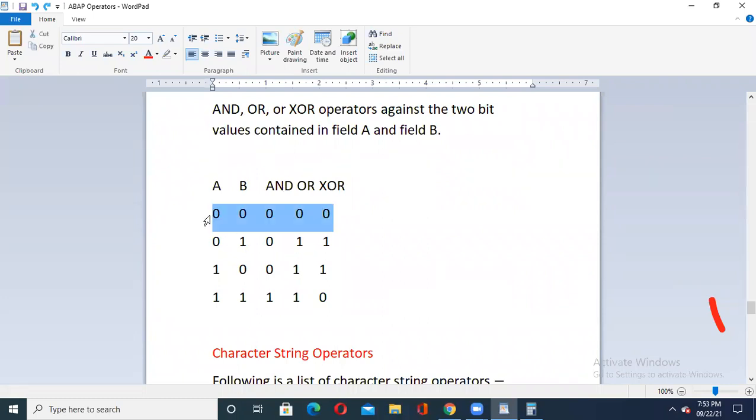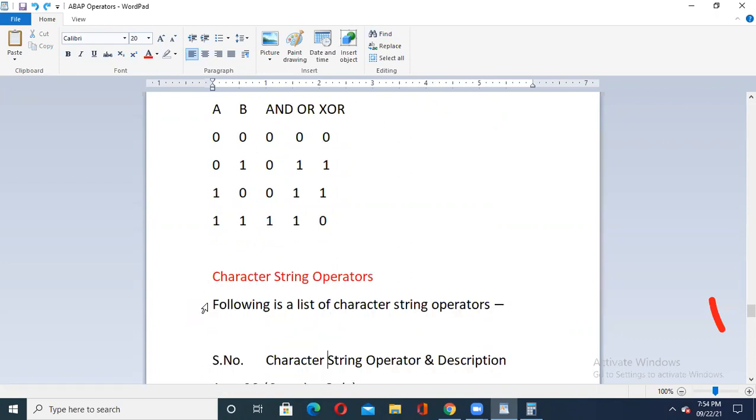You can observe that when all the values are 0, then AND, OR, and XOR all give the result 0. But when any one value is true, meaning 1, then AND gives the result 0, but OR and XOR give the value 1. In the other case, if the opposite is there, where one is true and the other is false, the results are again the same as in the previous case. But when both values are 1 1, in that case AND and OR will give the result 1, but XOR will give the value 0. Everyone knows this. So to get results in this way, we can use these bitwise operators in ABAP.